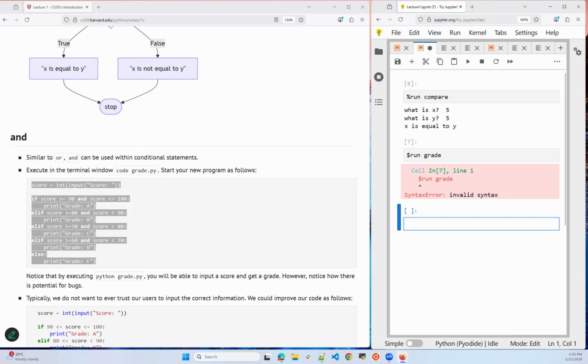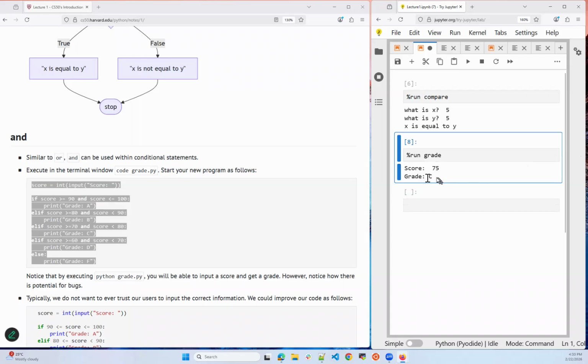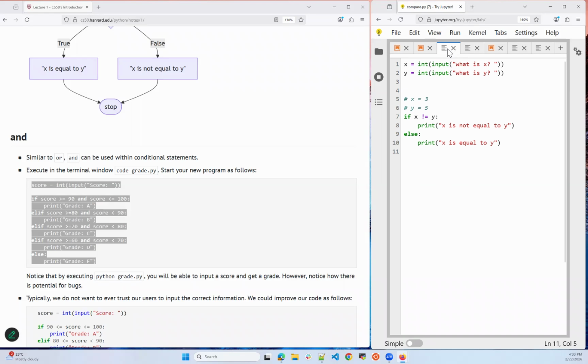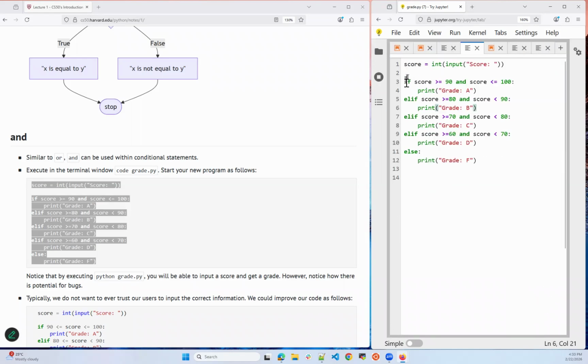Okay, percent, oh sorry, it's percent run and grade. And we can maybe say it's like 70, 75, enter. You see it's a grade C. So very importantly, to note, where's our code now, our grade code, that if this was true, it bypasses all of these and goes to our final statement. So we can say print